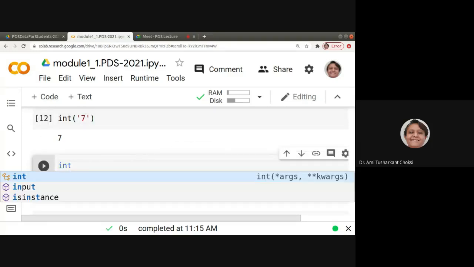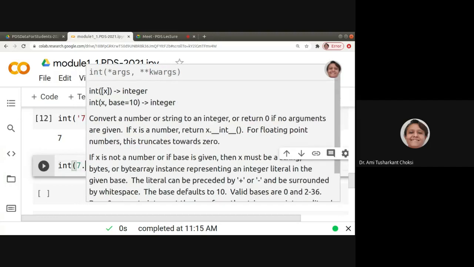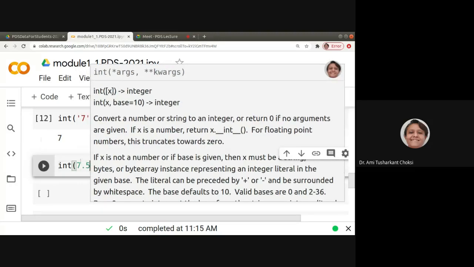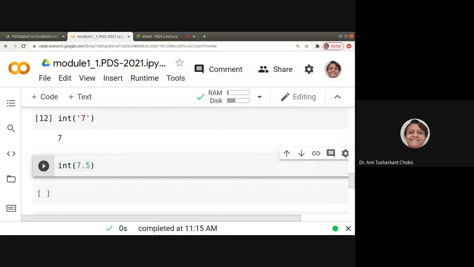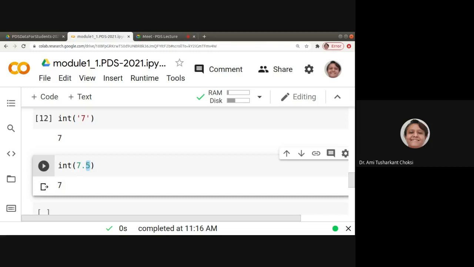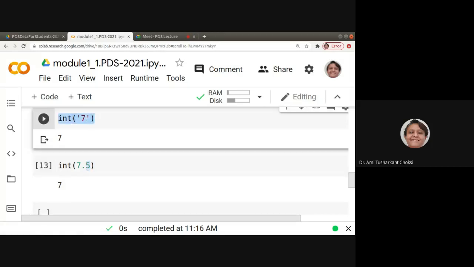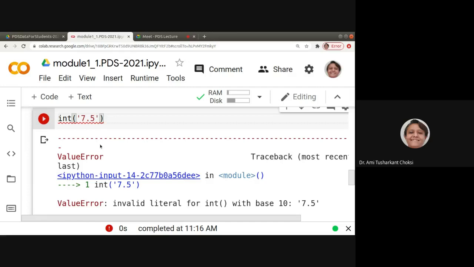If we have something like integer of say 7.5, where the value is directly given, that is a real number, it will be converted to integer, that is, its integer part will be taken. But if it is given as a string, 7.5, then it will not convert that to the integer part, because it is not directly a number, it is a string.